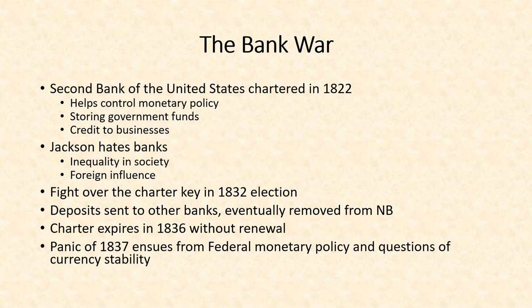It will expire in 1822 to help the financial recovery following the War of 1812. We'll see the second Bank of the United States chartered. And essentially, it's meant to store government funds. The money for the United States is actually going to physically be kept somewhere as a deposit, earning interest rather than just being a theoretical construct. It is meant to control the stability and currency of the American monetary system. And it's also meant as a mechanism for issuing credit to businesses and other banks.